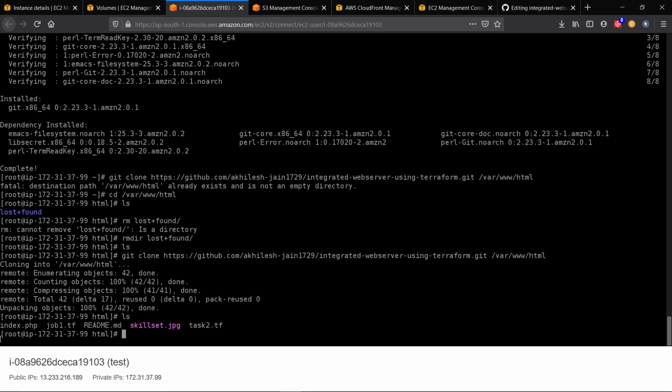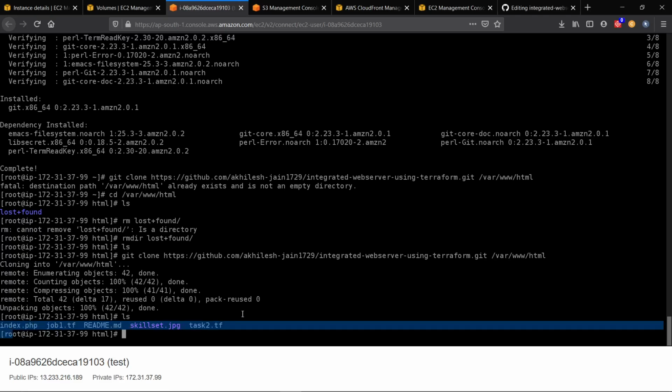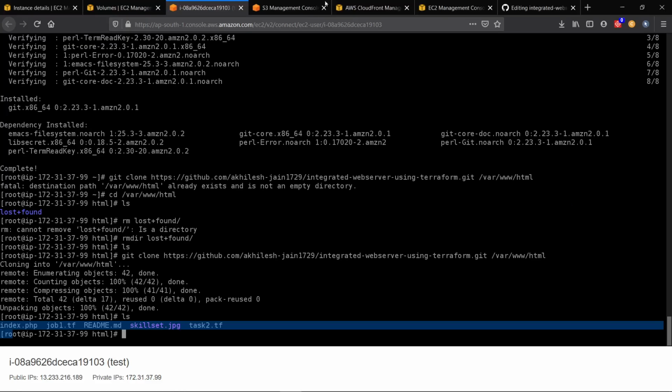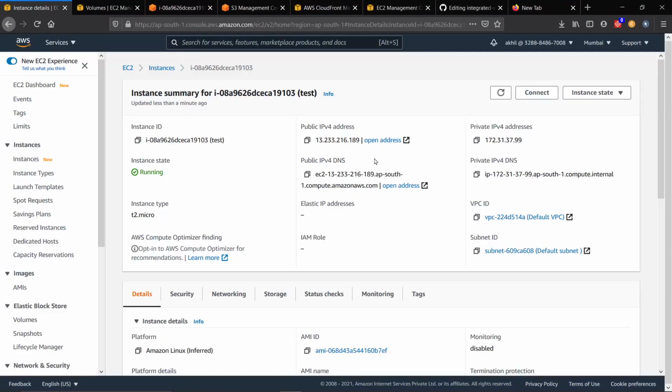So these are the index.php files. We have to run this PHP file only. So let's run this in a new tab. The IP of this instance is, index.php.